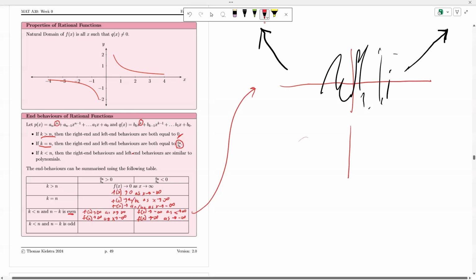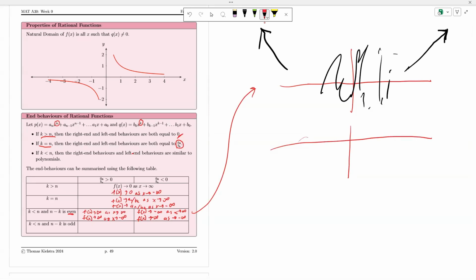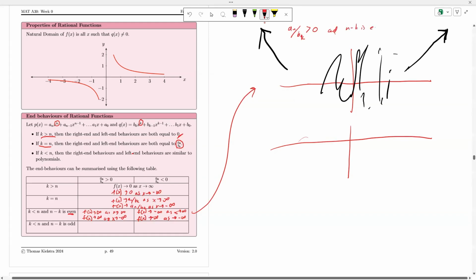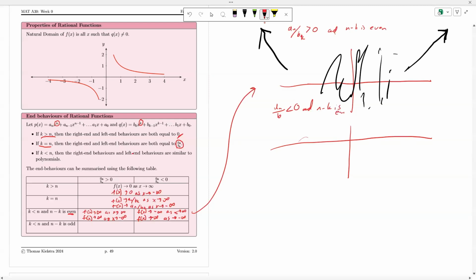So this is an over bn greater than 0, and n minus k is even. Well, if an over bn is less than 0, and n minus k is even, then once